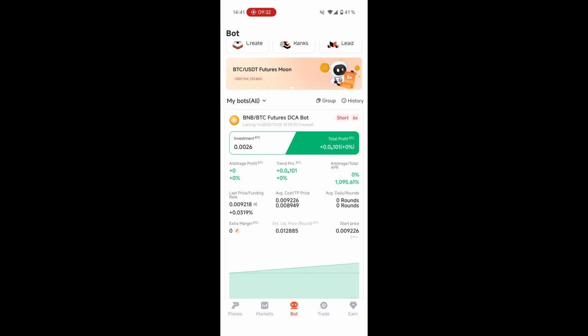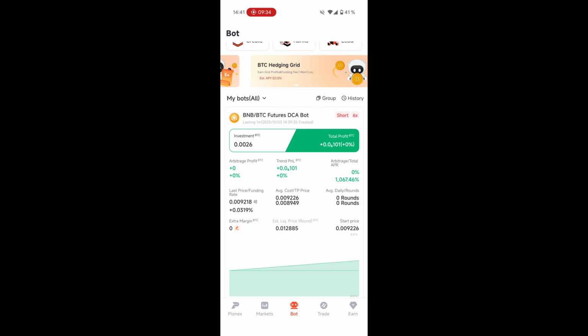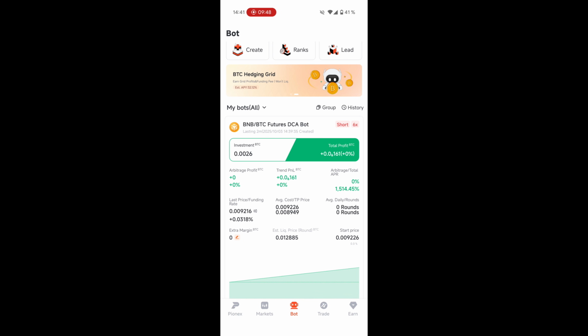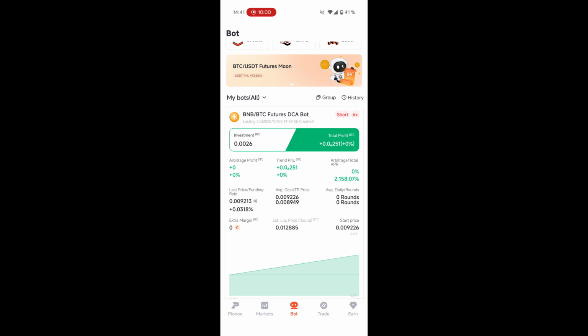This is no financial advice. You should do your own research if this is something you would be feeling comfortable doing. But this is what I have done already in the past. I have 2 others running, but I was a bit early in the entry. So we need a couple more days or weeks, if nothing happens and the price stays around this area, to be in the green, but the funding rate is helping. It's helping very much. Of course, this is only because the funding rate is positive and this is a short bot, but I've never seen the funding rate in this pair drop to negative.